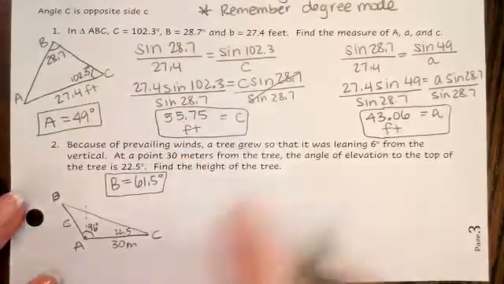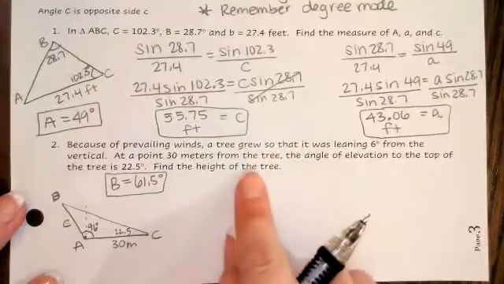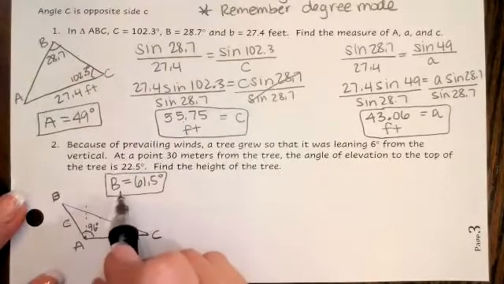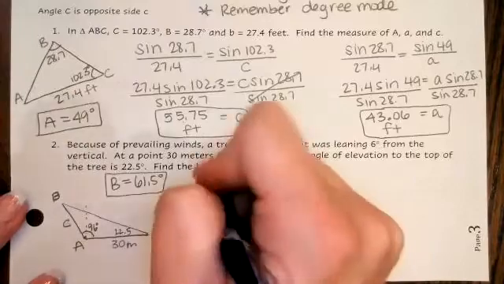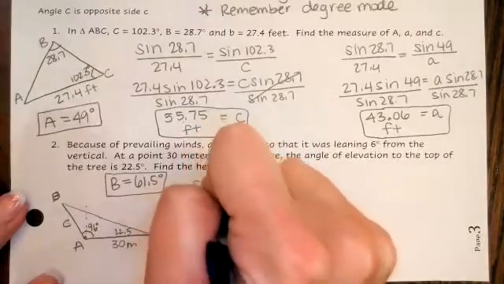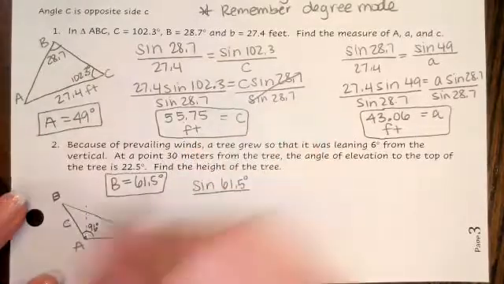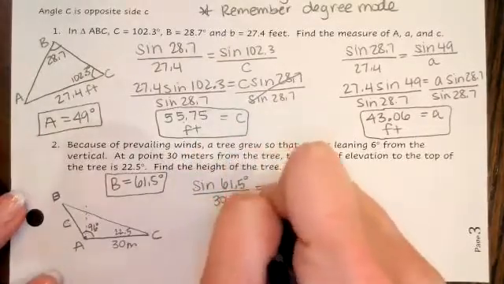Now, I didn't need that as an answer for this problem, but I need it in order to set up my proportions, because that's the length that I have. I have the B side length. So in order to set up my proportion, it's sine of 61.5 degrees over 30,